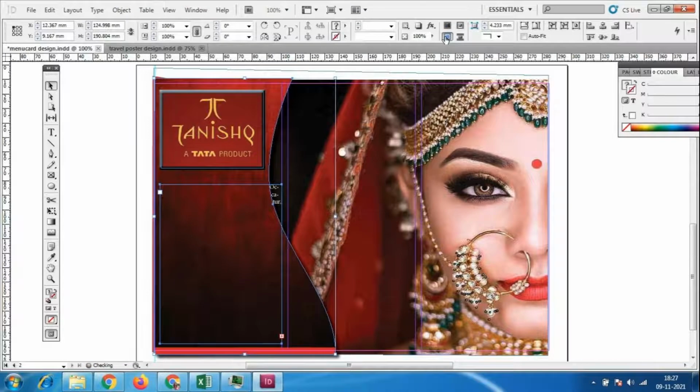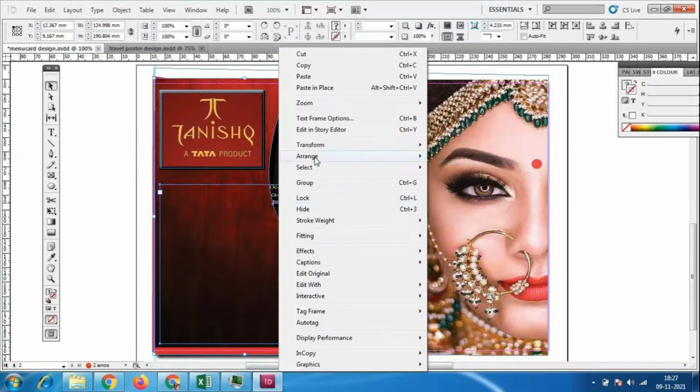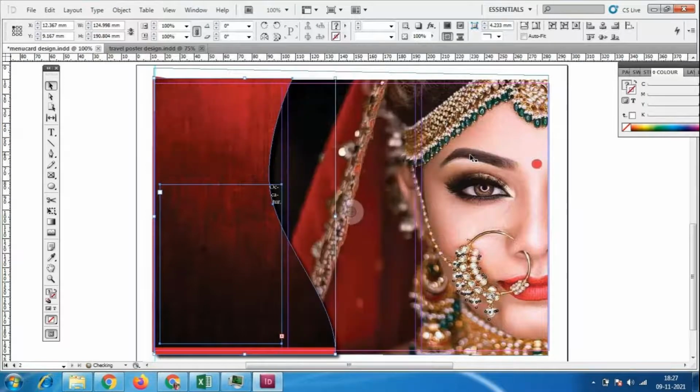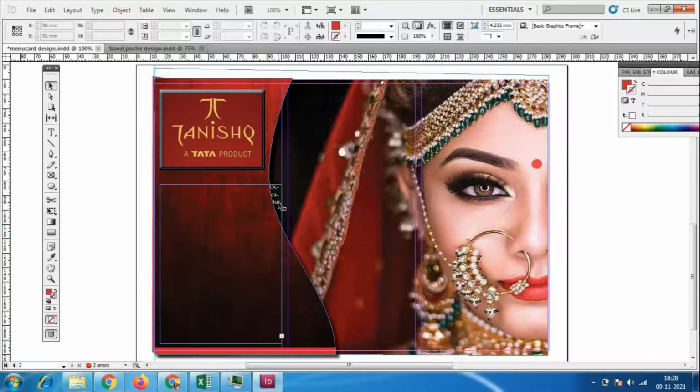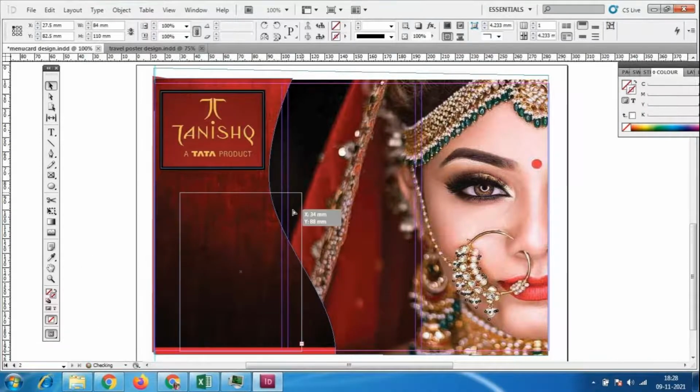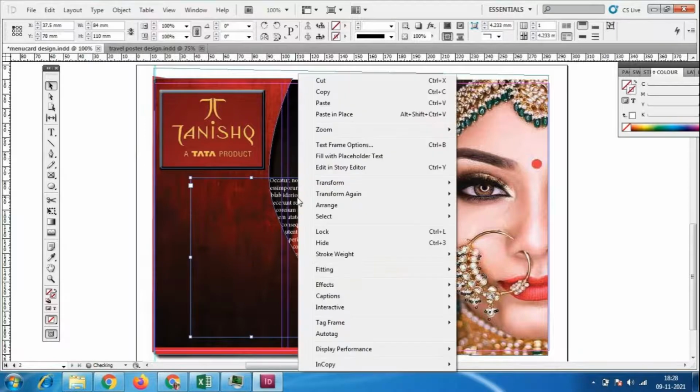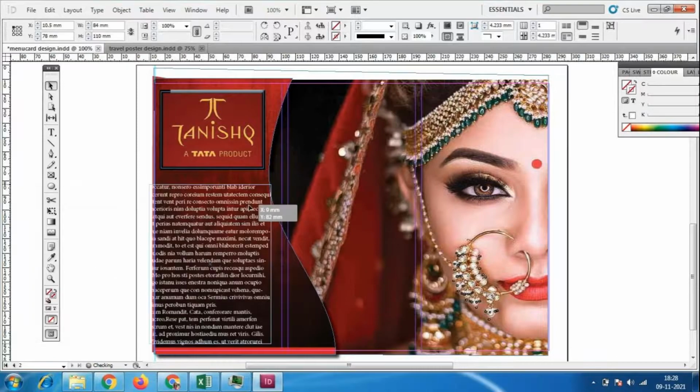Yeah, which is going to the back of the shape. Right click on this, arrange, bring to front. Shape is not working.